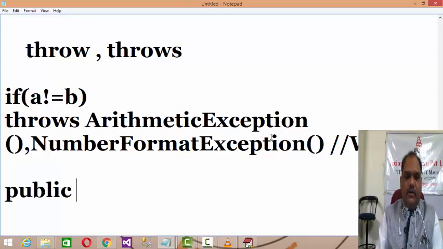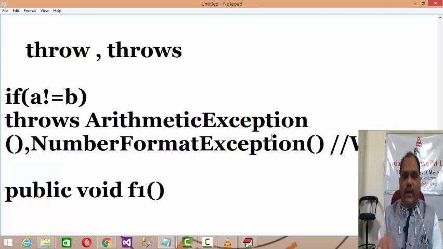Let us say you are writing a method called f1, right? Public void f1, and you want to declare that in this particular method definition it may throw multiple exceptions, right?